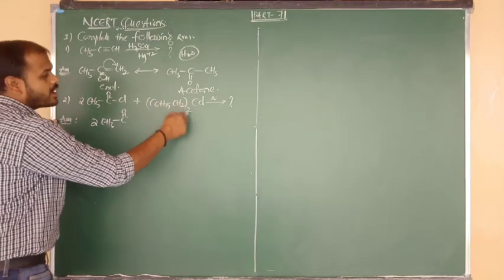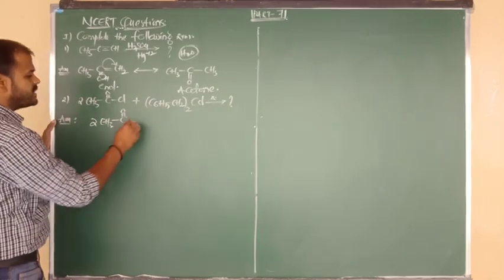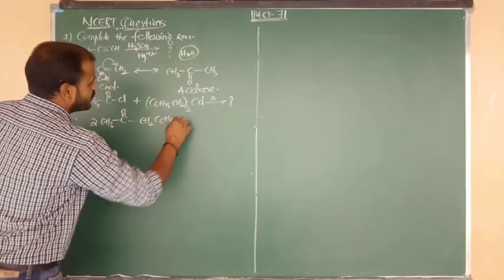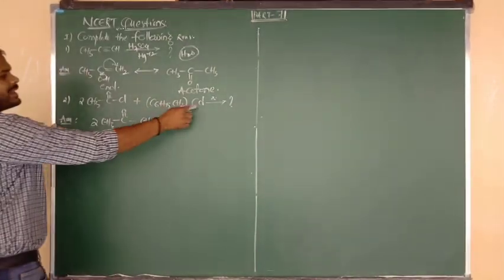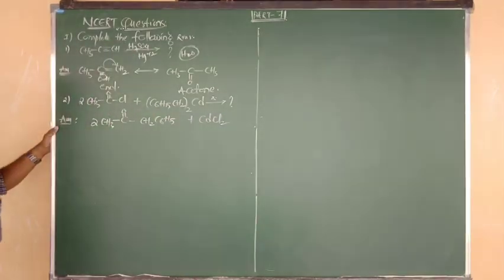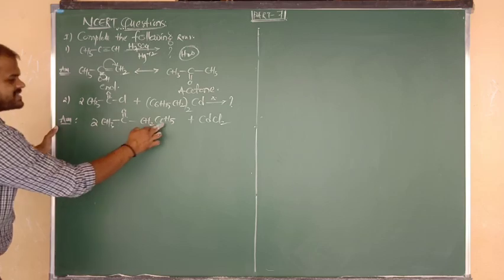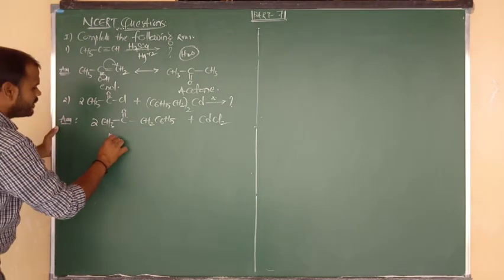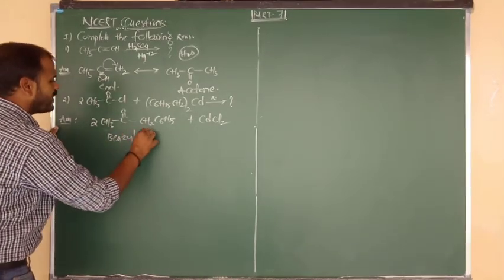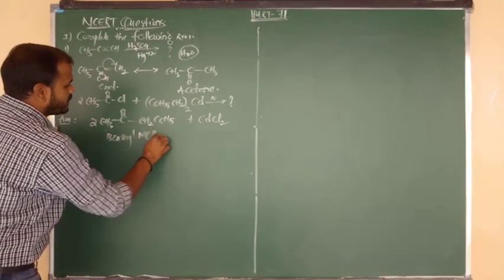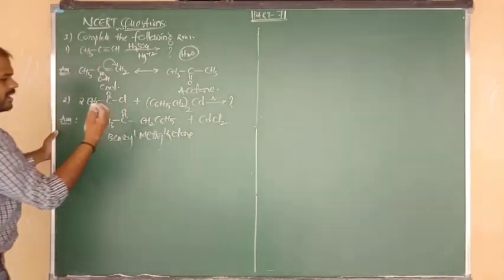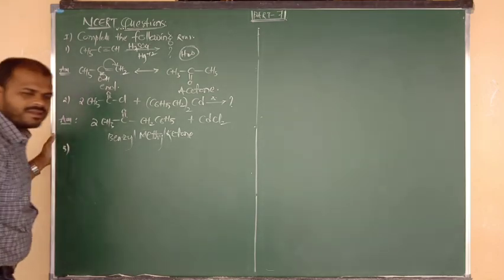Again here it looks like R2: benzene bonded to CH2, or we can say CH2 bonded to benzene. It also has 2 groups. The remaining Cd is there, with 2 Cls. We can remove the byproduct CdCl2, cadmium chloride. But what is the main product name? One side benzyl, on the other side methyl. Yes, the name of this compound is benzyl methyl ketone. What is the name of this product, beta? Benzyl methyl ketone.